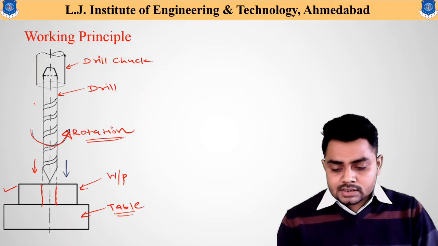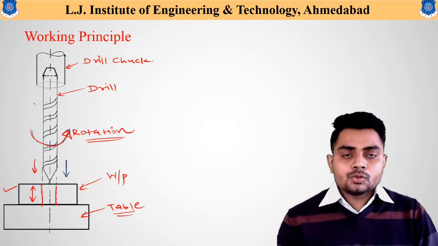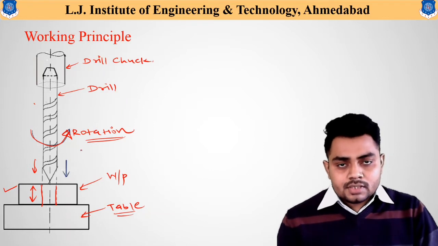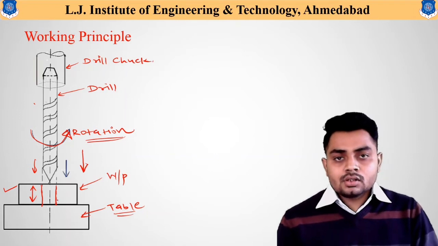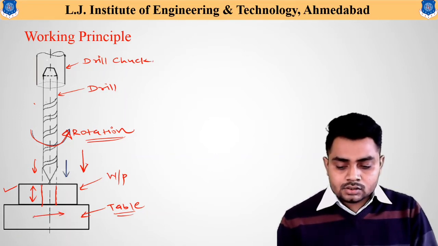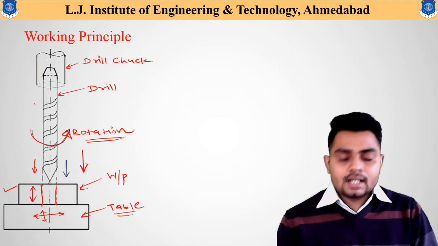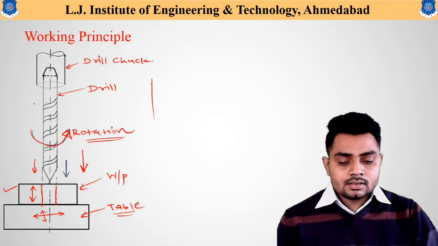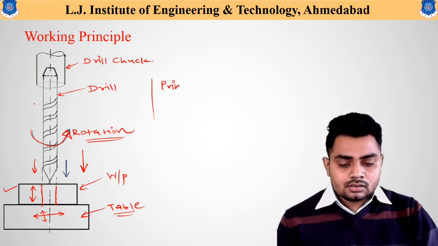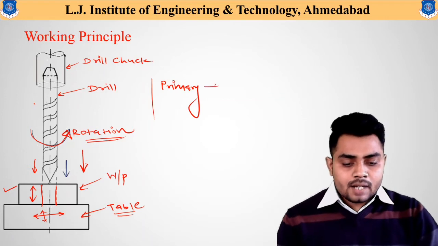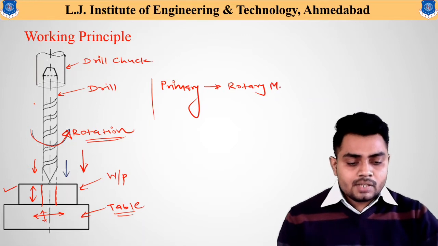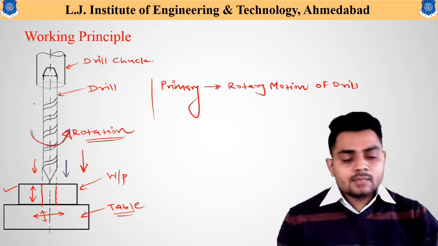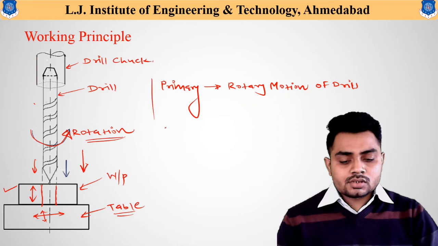And up to the depth we want to generate the hole, we move this drill bit in the downward direction, and the location of the drill hole is adjusted by moving this table in the longitudinal direction or in the crosswise direction. So there are mainly two movements. First one is the primary movement, and that primary motion is nothing but the rotary motion of the drill, because without rotation of the drill no material removal takes place. And the secondary motion,